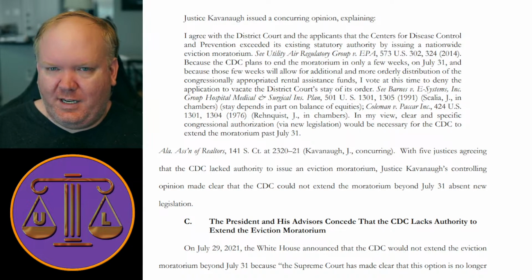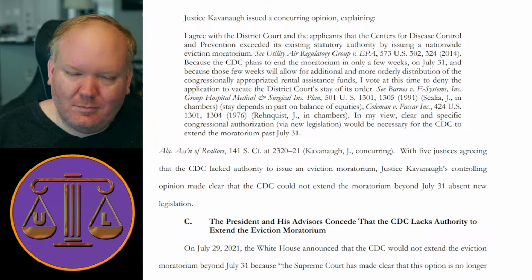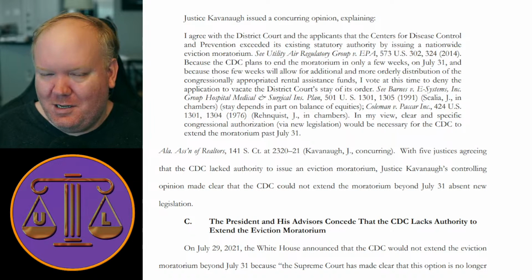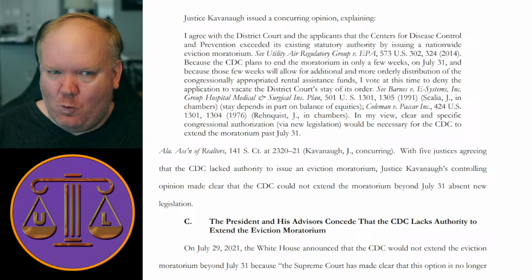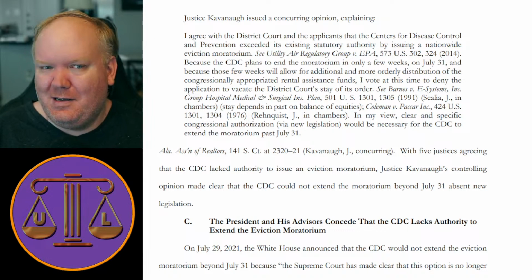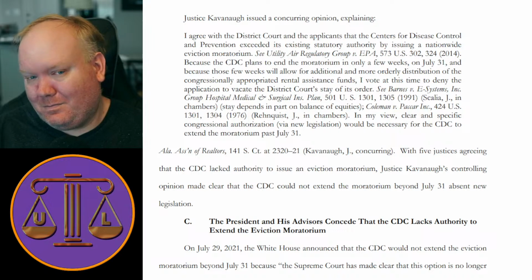So here's exactly what Kavanaugh wrote, because we've only been quoting it in part. It's not very long. It's a paragraph. So 4 justices just say we would grant it. And here's what Kavanaugh says, in a concurring opinion, right? It concurs. So 4 people say we would grant this, which means implicitly we think it's illegal and we want it to end right now. That's what that means implicitly. They don't have to write it because that's just what it means, right? We think it's illegal. We want it to end right now.